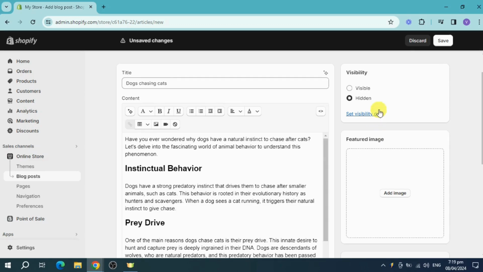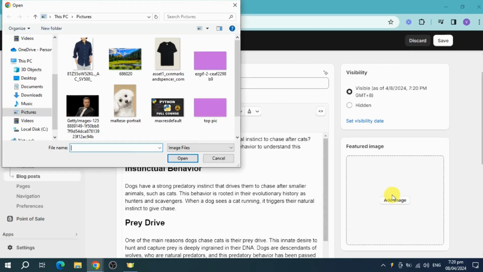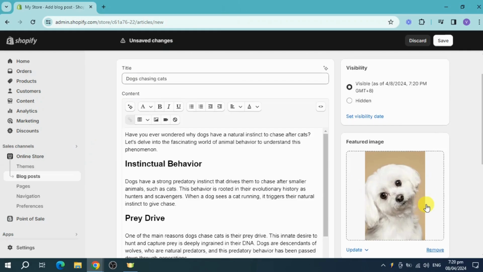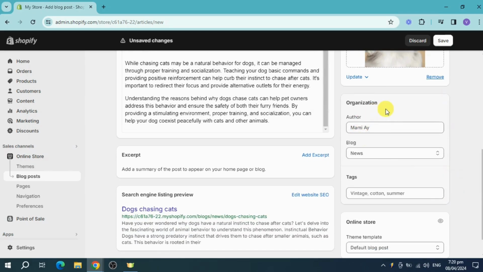So in here, you should be able to also see this visibility. Make sure to set it to visible. Then click on this add image right here in order to add a featured image. Now I'll just put this picture of a dog and then click on open right here in order to upload that. And then from in here, when you scroll down, you should be able to see the organization